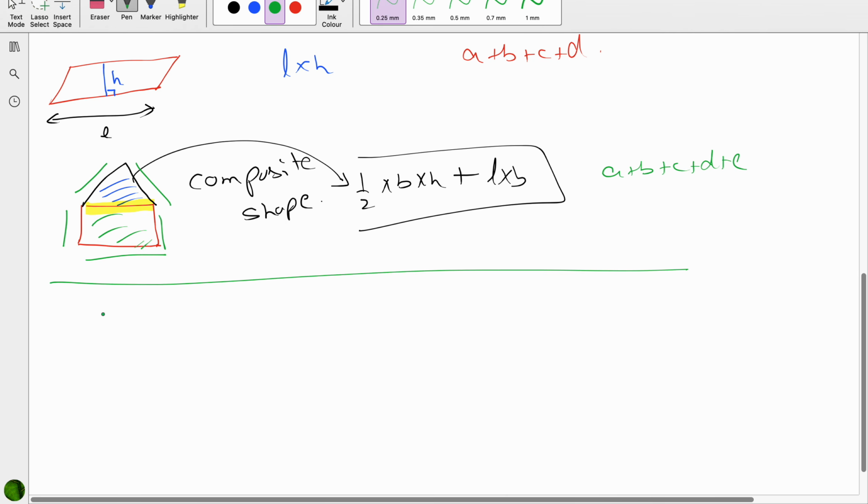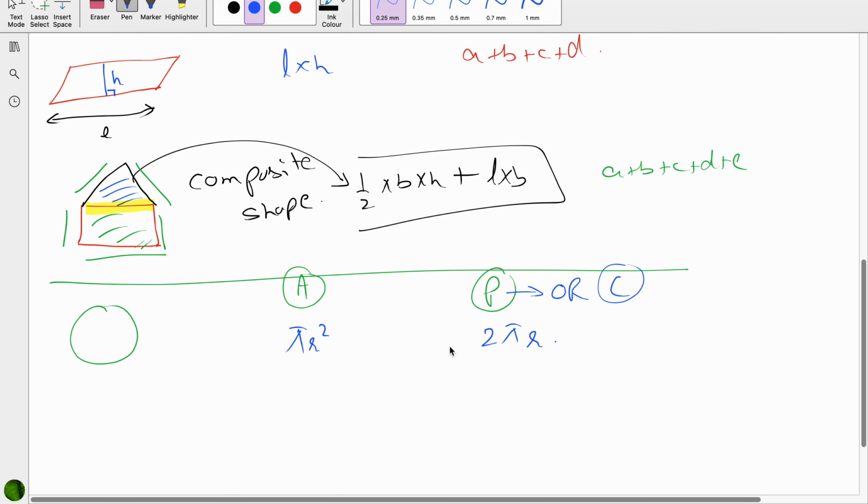Bringing this to a new shape, circle, area and perimeter. Area of circle is pi r square, perimeter or circumference of circle is 2 pi r. Few books do this with the diameter. You can write pi d, but that's a little longer, so I would suggest you go with the radius. And when we talk about the semicircle,